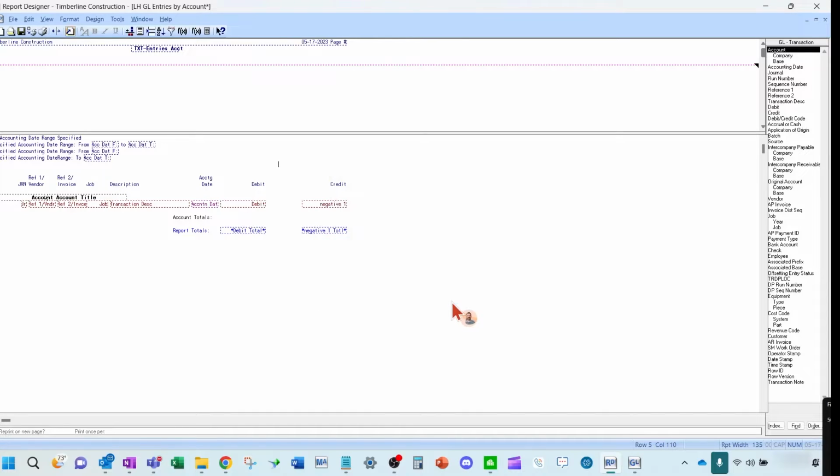Now, when I do that, because I summarize it up, it says, okay, well, if you're summarizing by account, we're not going to give you account totals because you're already going to have that, because that's the summarization. Okay. So now, once I've turned the summarization on, I really have to make sure my print controls are correct.